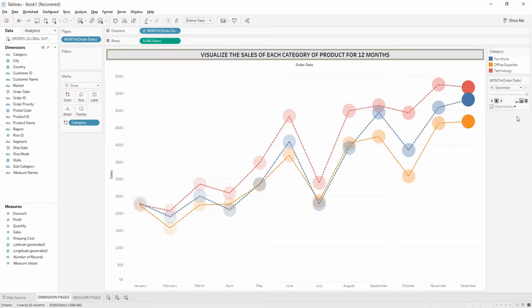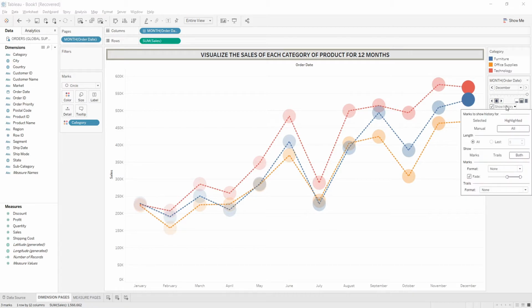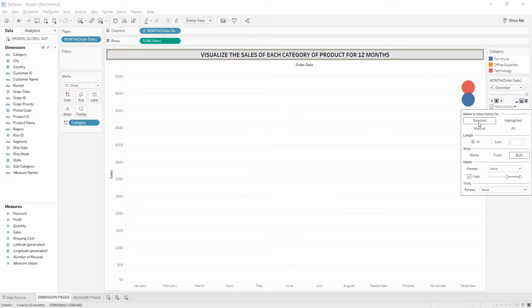So we have to see what the options are inside this history button. There are many options in this history button, where the first one of it is marks to show history for, where we have 4 types of marks, that is the selected. Why seeing this selected?